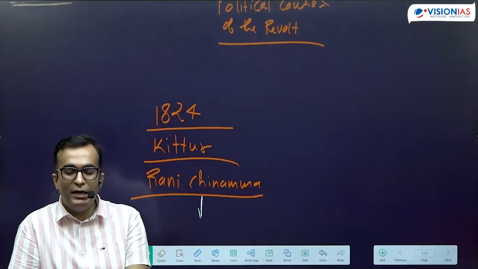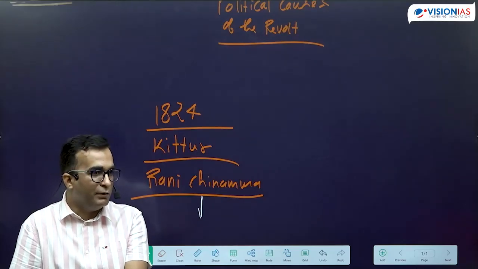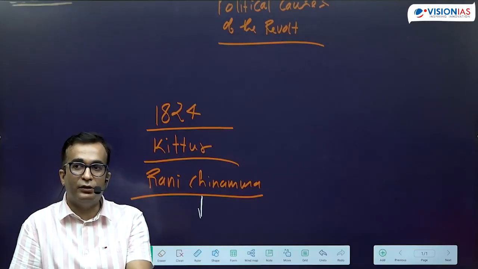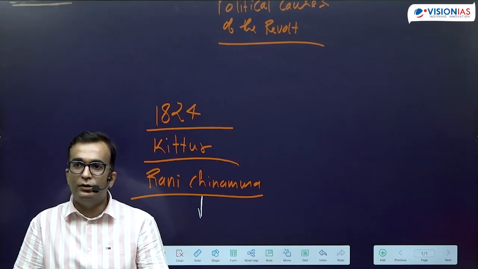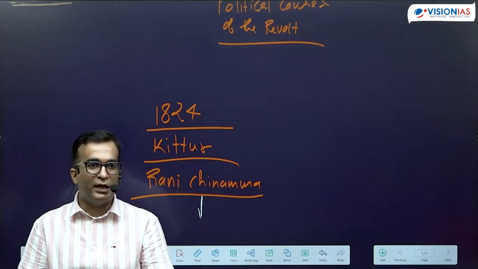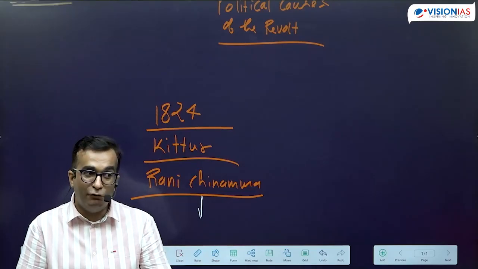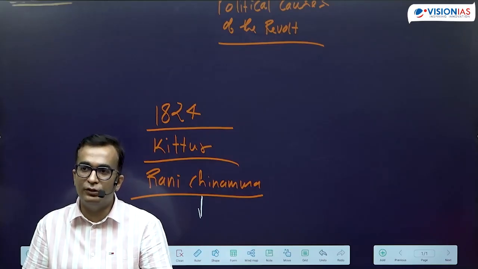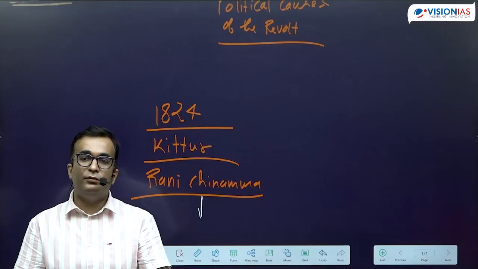So ये एक unique statement हो सकता है exam में, in prelims examination, that which of the following statements related to the doctrine of lapse is correct, and they will give you that both Hindu and Muslim states can be annexed. Only Hindu states were annexed. So then you will have to go with only Hindu states were annexed by the application of the doctrine of lapse. So this was the major reason.